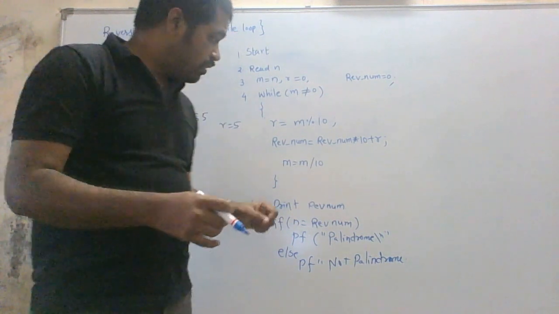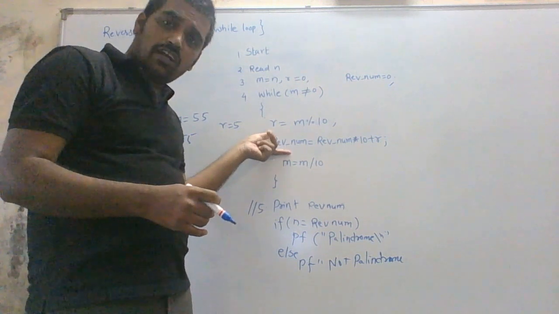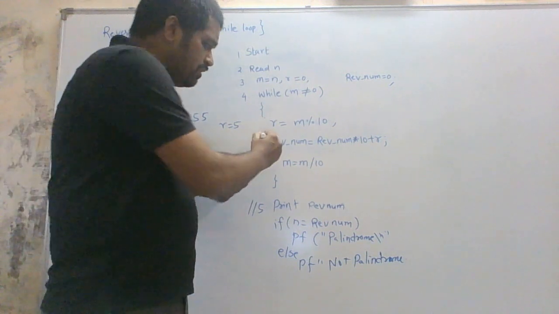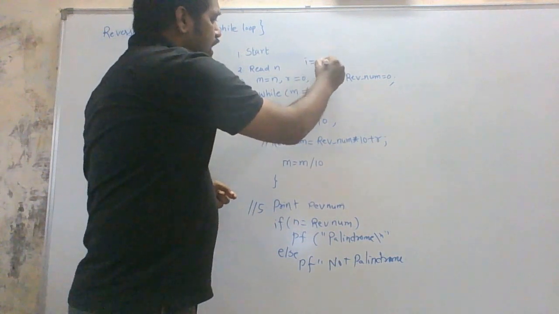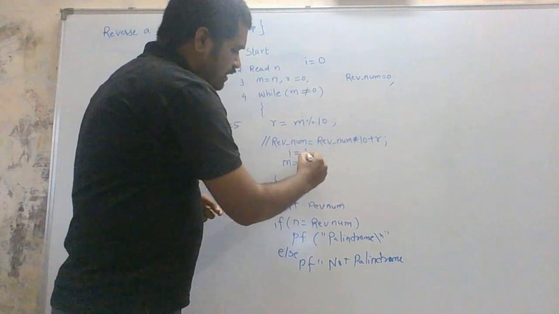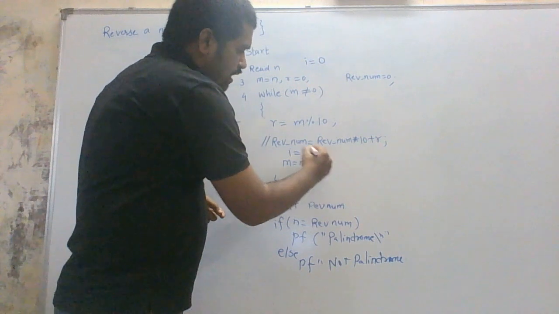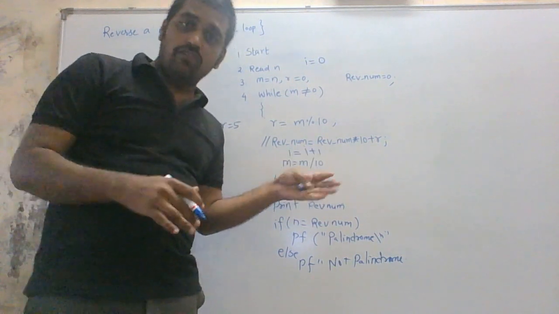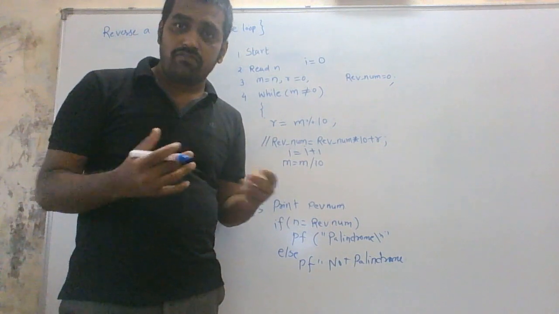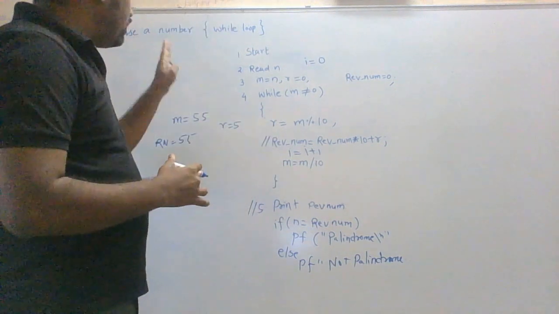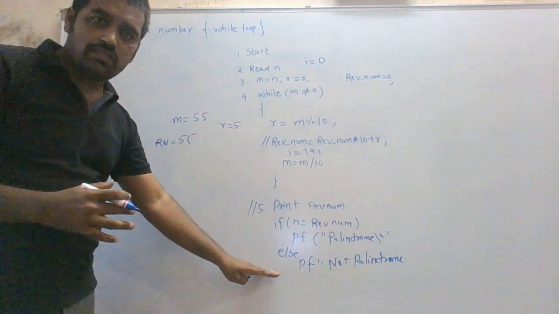The program wherein you want to count the number of digits, this reverse number and all things are not necessarily to be done. Here, instead of this, what you are going to do is initialize a counter i equal to 0, and you are going to increase that counter by 1 every time. So by that you will implement a program in which we are counting the number of digits. For now we will implement it for reverse number. You can do others on your own.